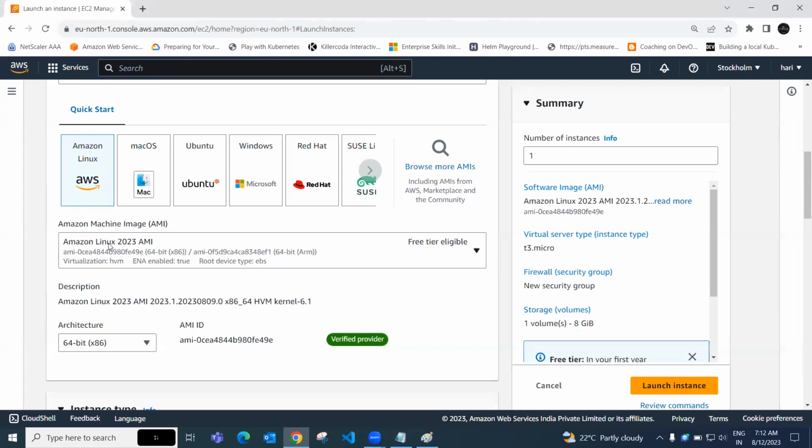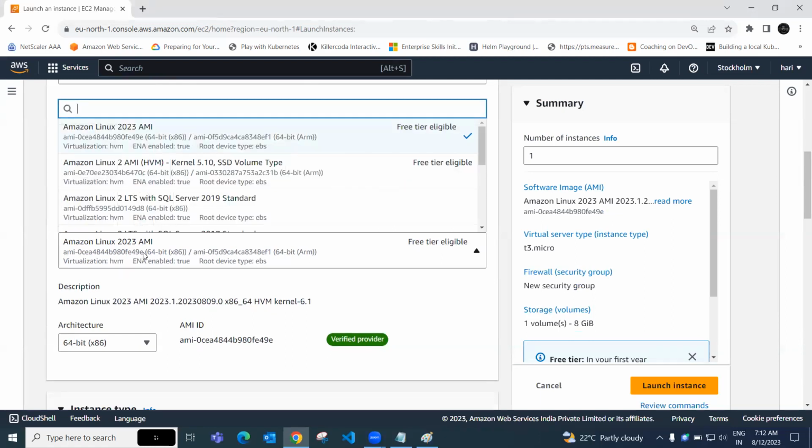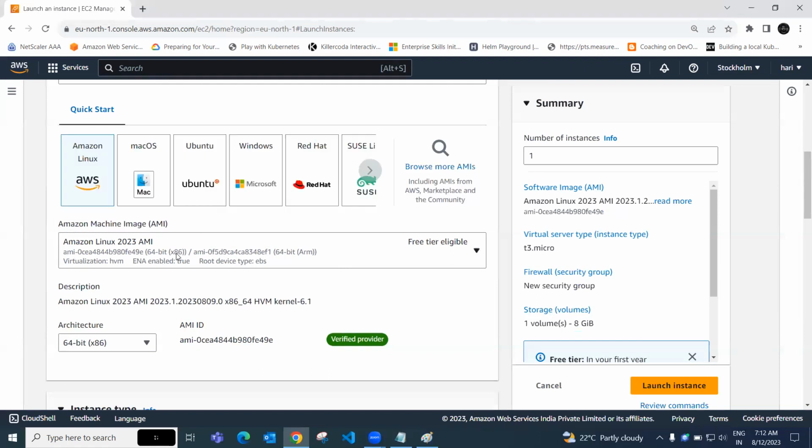Under the name we can see this machine's AMI ID. This is called the AMI ID, and the machine is 64-bit x86 architecture, with virtualization enabled. The root device type is EBS. EBS means, for example,